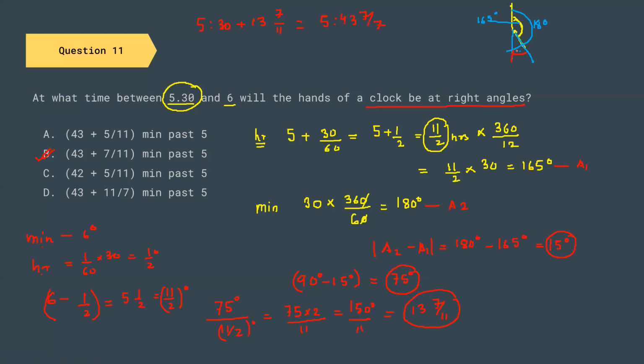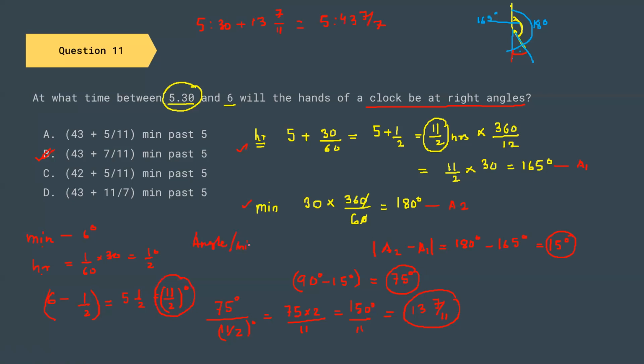First, you have to find the angle between the minute hand and the hour hand, and you can find it using these formulas. Once you have found this, remember this particular thing. This is the angle